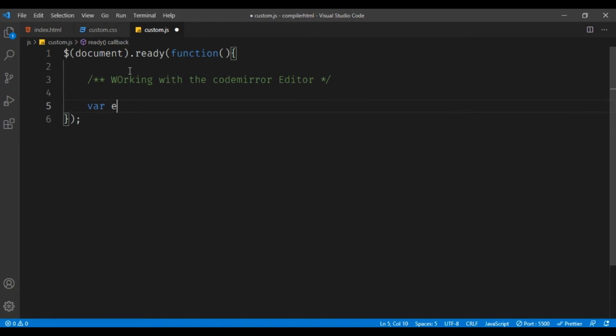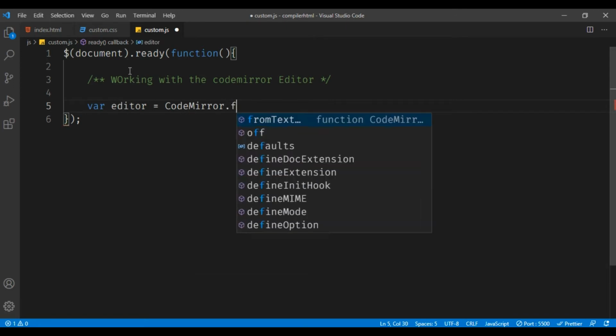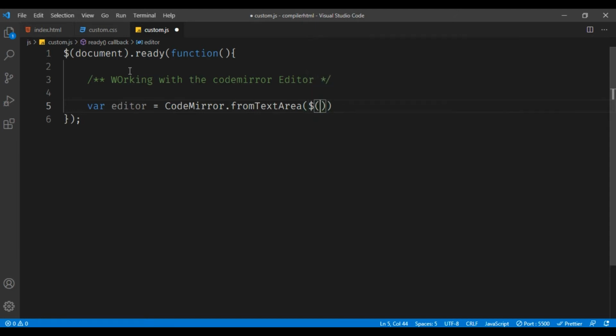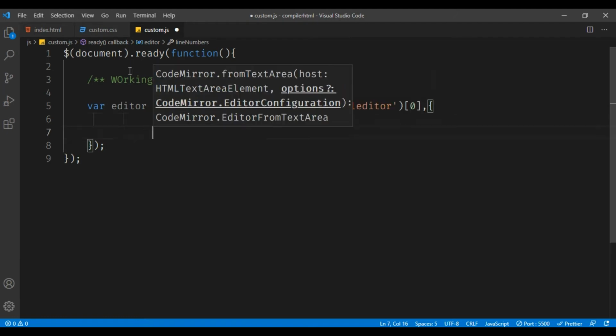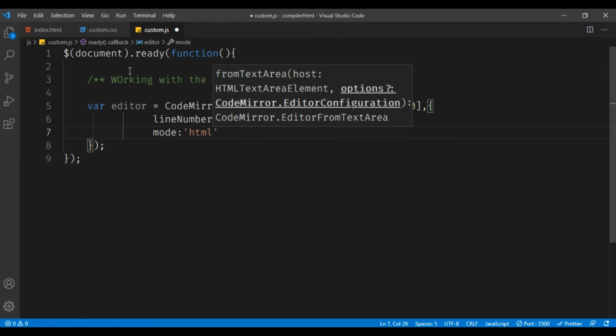So let's say variable editor equals CodeMirror.fromTextArea($("#html-editor")), and we need to pass certain parameters. So lineNumbers, I want that to be true. Mode, I want HTML mixed.